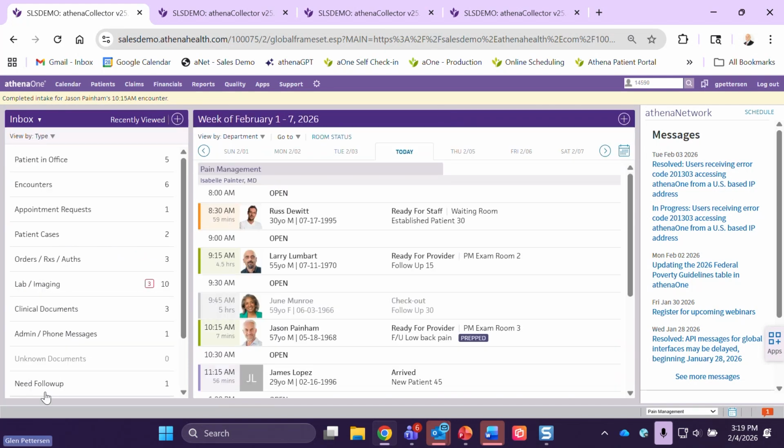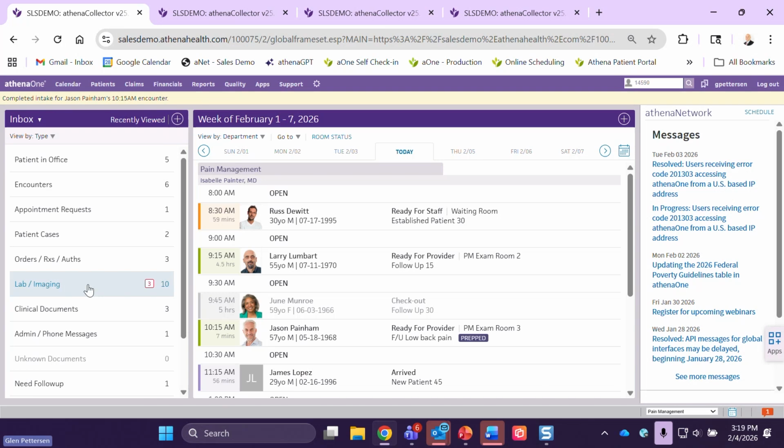So this is essentially the task list. Just to mention a little bit about document management, athenaOne is the most connected network in healthcare. We have interfaces with over 630,000 different labs, imaging facilities, and pharmacies. They're all built and maintained by Athena. That means we're trying to bring as much work in through interface, but even in the case where we send labs and imaging down to the local lab and imaging center, and they don't even have electricity, I'm being funny, of course, but they just fax us the